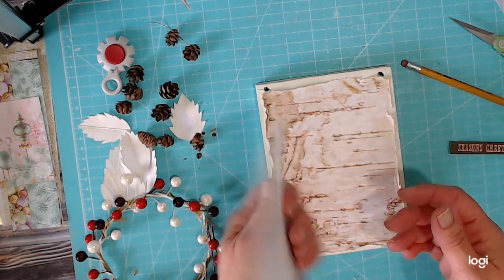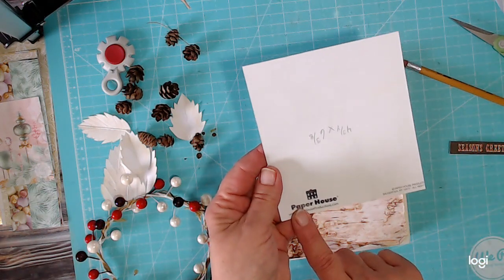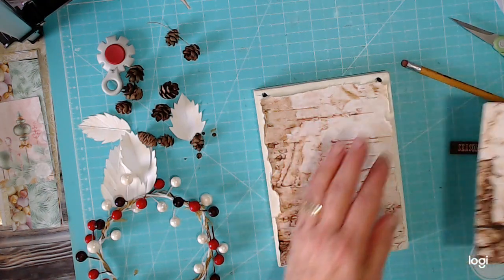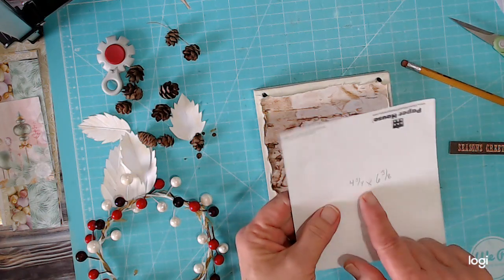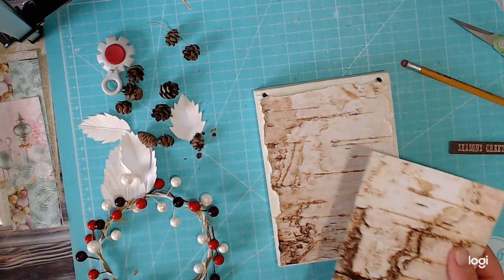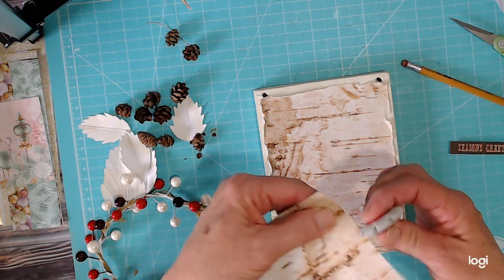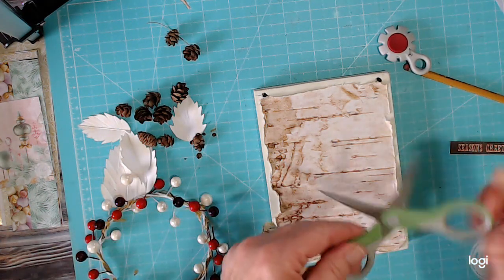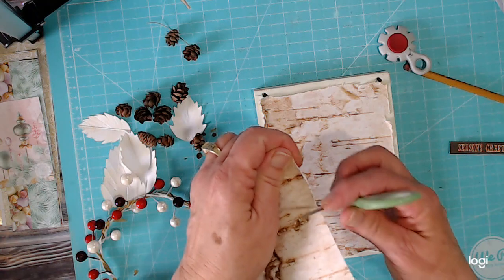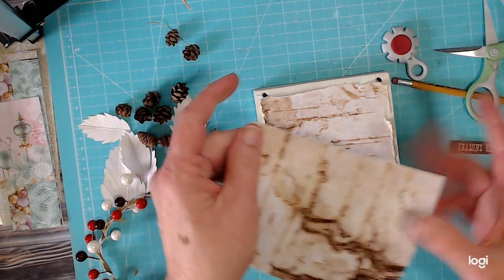I've taken a piece of paper. That is my dog. It's from Paper House, and it was the birch bark. So I cut that at 4 3/4 by 6 3/8, so a 1/4 inch smaller. I then took my Tim Holtz little tool here, which cuts up the edges, starts roughing them up. You can use scissors. Just be very careful not to hurt yourself, because the other part of your scissors is down underneath, and mine are very sharp, and you just pull that along that edge,